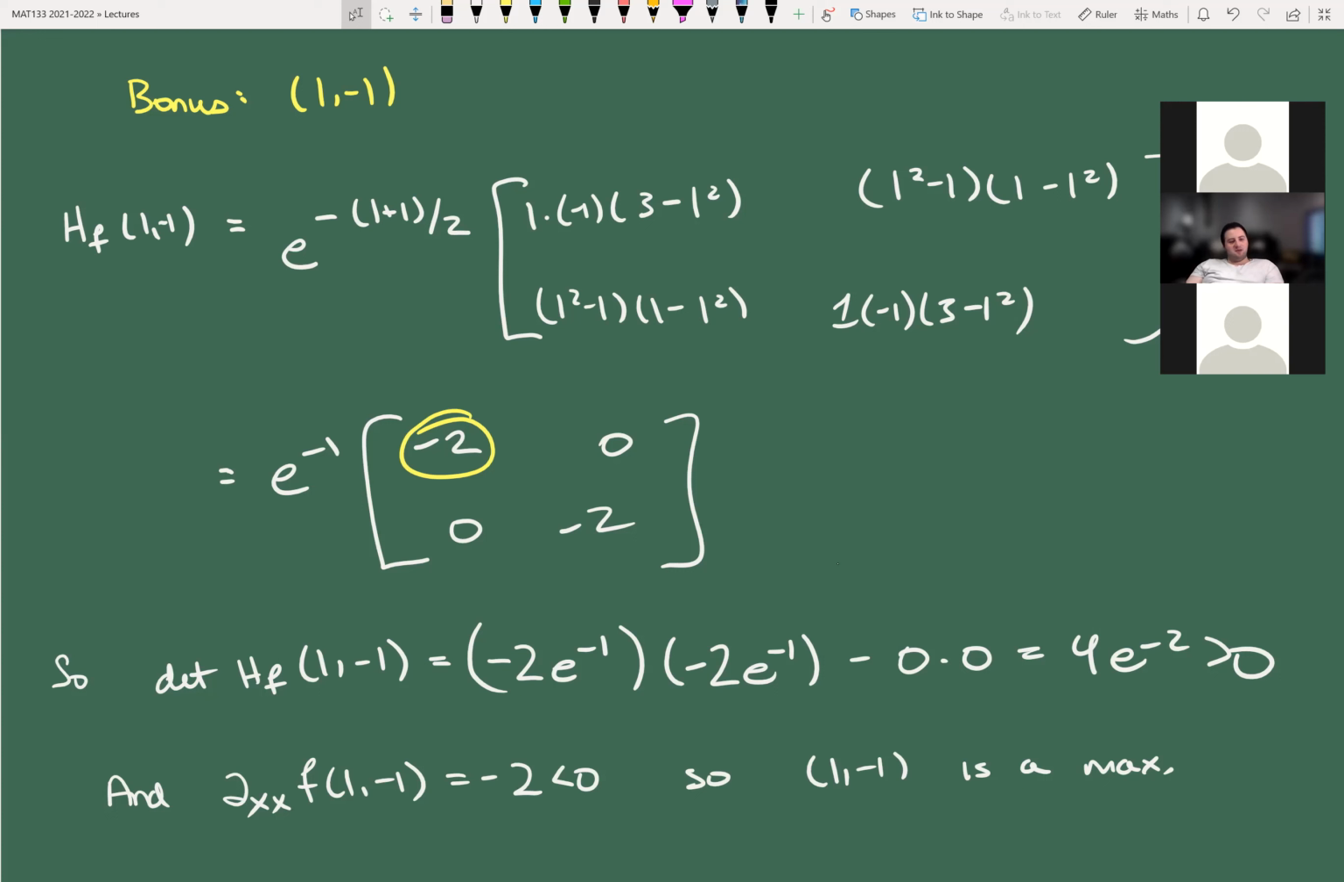Question 2 was tough. Pain. Anyone found it relatively straightforward? No, question 3. What was question? Question 3 was the